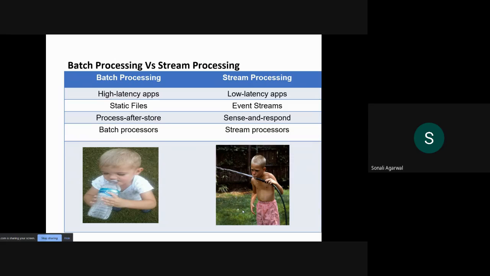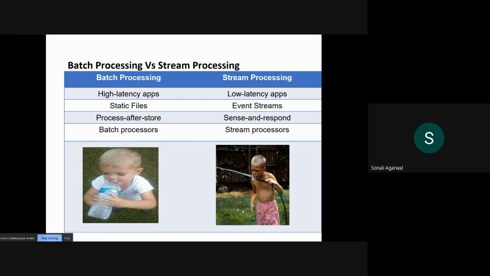If data is at rest, then we are doing batch processing. They are high latency apps, there are static files, we can process them after storing, and most of the batch processors do it efficiently. So there is no urgent need to do something very prominent here, as it is already established nowadays. But if we are doing information retrieval with streaming data,